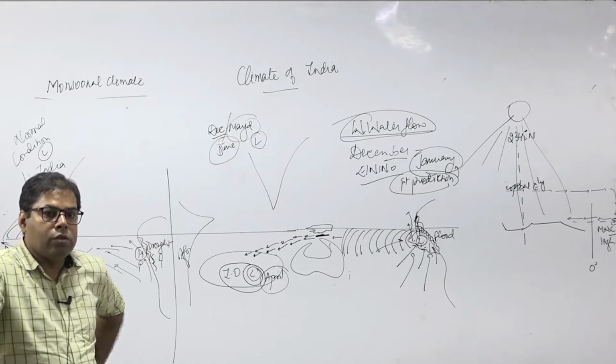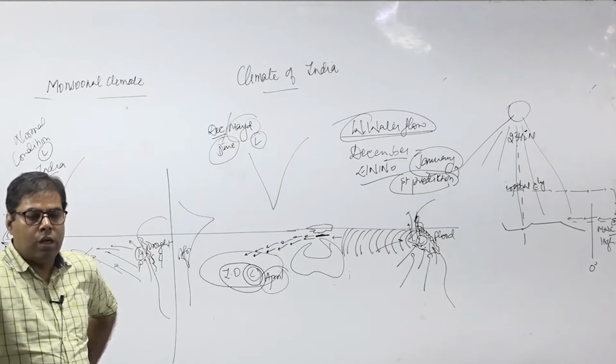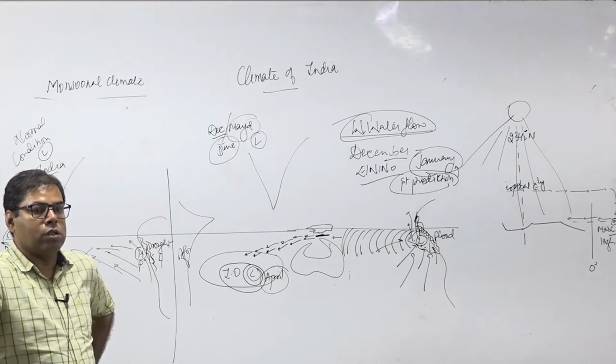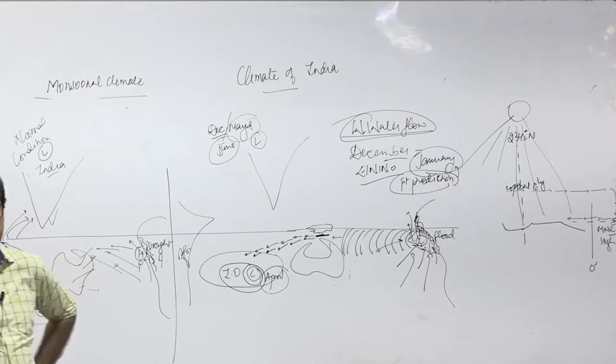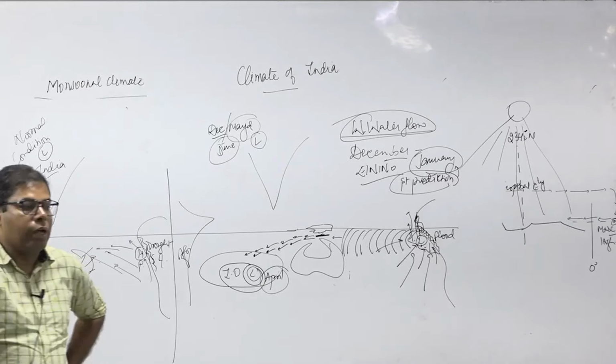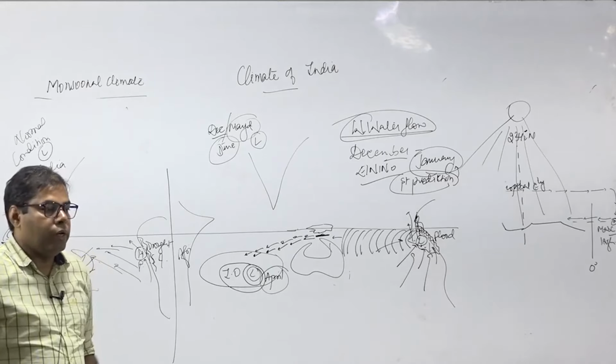El Nino is negatively affecting the monsoon. Am I clear? El Nino is adversely affecting the monsoon by raising the temperature of the Indian Ocean,